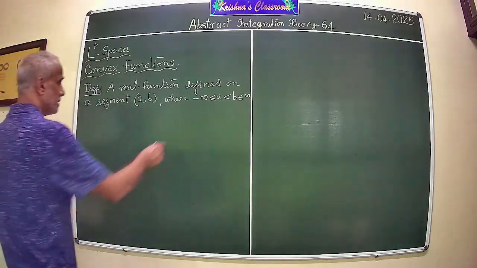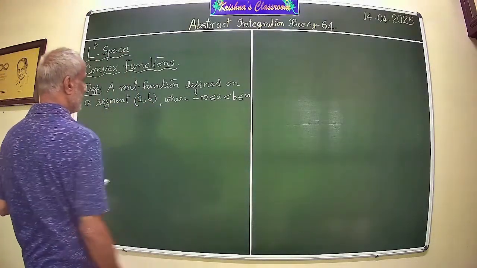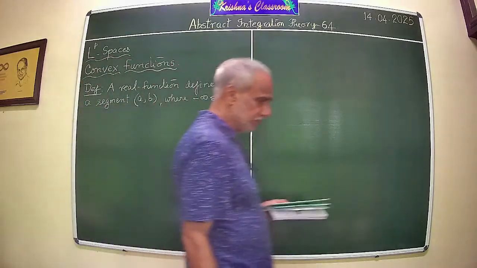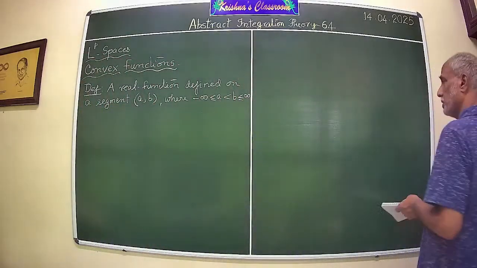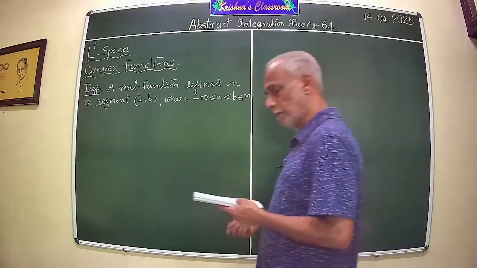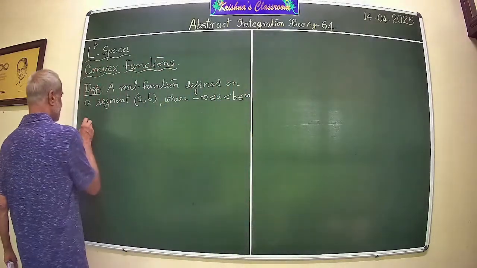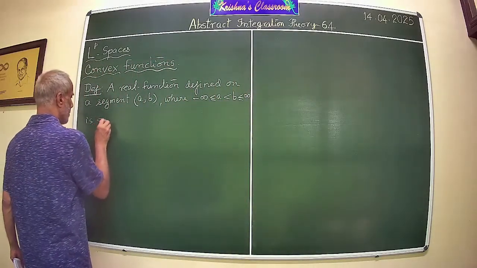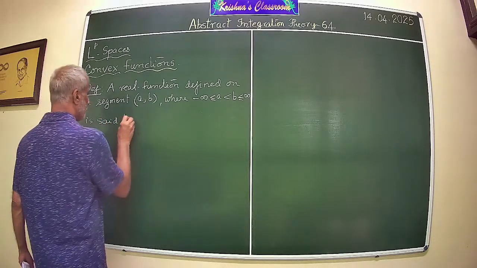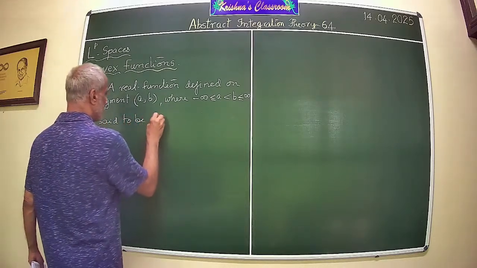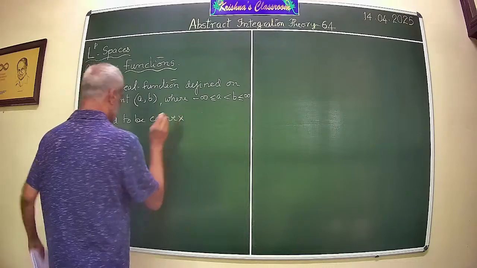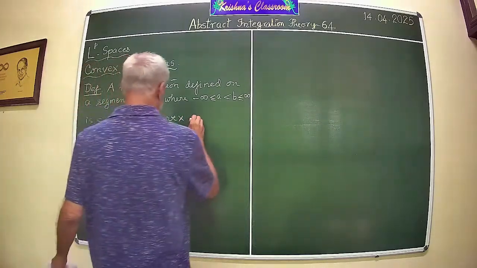That's why this equality is occurring in the restrictions for the choice of A and B. It is said to be convex,